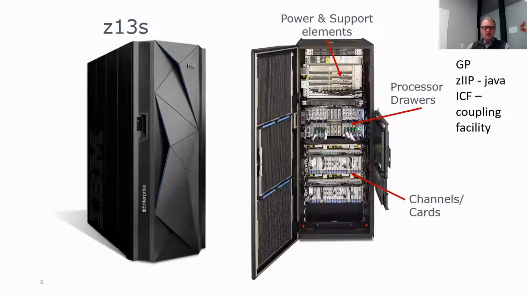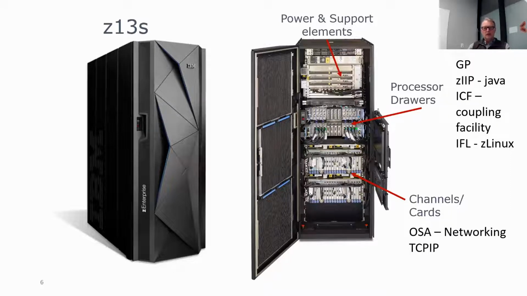There's also another type of CPU in this processor drawer called an ICF, or an internal coupling facility. I'm going to explain a little bit why that's useful in a few minutes. Another one would be an IFL. The IFL is another engine that is designed to run z/Linux work. This IFL engine also does not count towards the capacity of the machine. So it's essentially a free workload in terms of MSUs and the tailor-fit pricing and the monthly 4-hour average that we were talking about. The zIIP and the IFL do not count towards that.